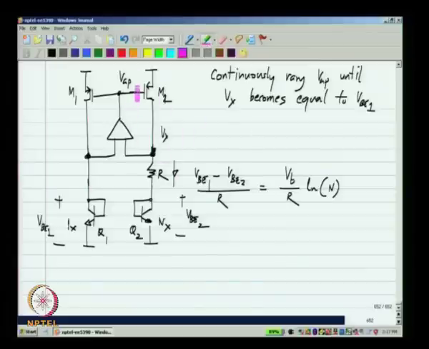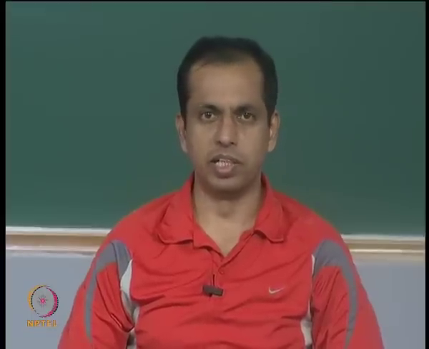Now, this has a certain snake swallowing its own tail quality to it, that is we bias the second branch using the first branch, and then the first branch itself is biased by replicating the current from the second branch onto the first branch. Okay. So, this kind of circuits are known as self biased circuits. As you see, there is no other current source that biases up the circuit. If the circuit reaches the right steady state, the current will be equal to Vt by R times ln n in both the branches. Okay.